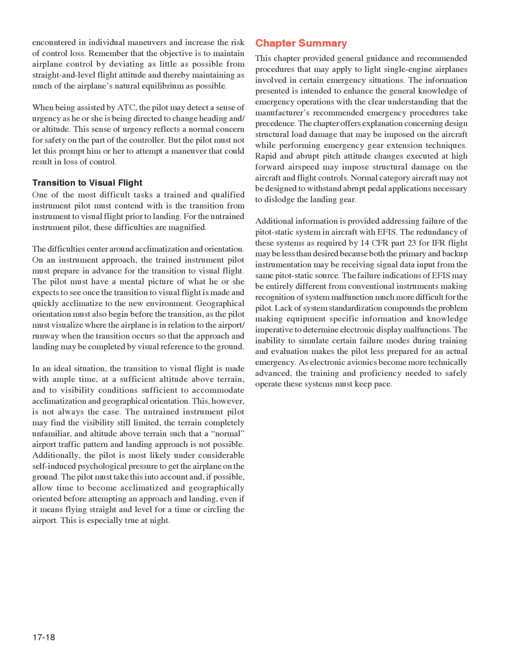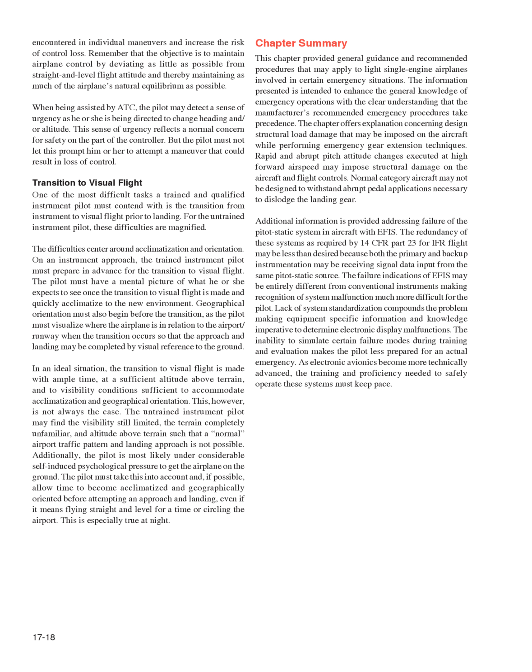On an instrument approach, the trained instrument pilot must prepare in advance for the transition to visual flight. The pilot must have a mental picture of what he or she expects to see once the transition to visual flight is made and quickly acclimatize to the new environment. Geographical orientation must also begin before the transition, as the pilot must visualize where the airplane is in relation to the airport/runway when the transition occurs so that the approach and landing may be completed by visual reference to the